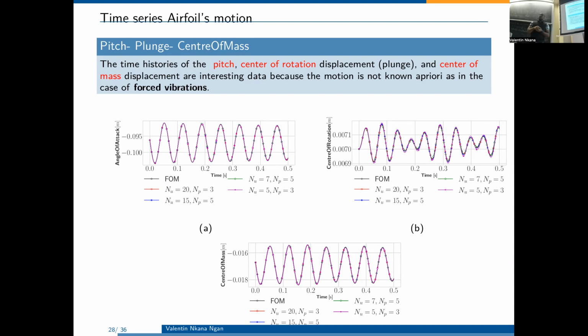And this makes sense because, as you saw, in the motion of the structure there are forces appearing, and the forces are computed with the velocity and the pressure. So if the velocity or the pressure are not well reconstructed, this will also affect the motion of the grid, and the error will be big.